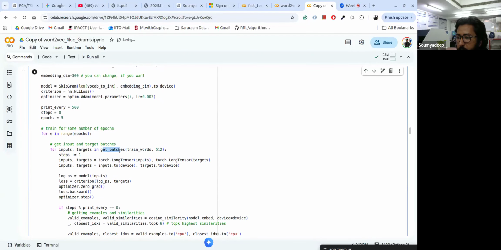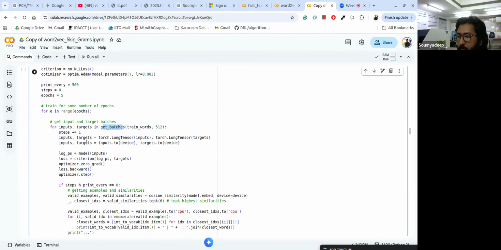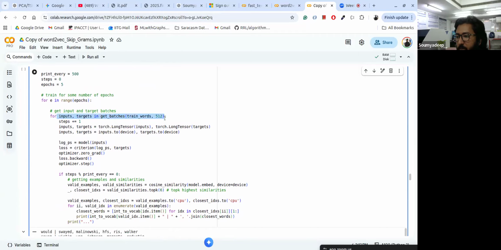In the get batches method, you remember we were creating those pairs, X and Y pairs, where X is the target word, Y is our context words, right? So that is basically what we're doing here. So we were iterating over those batches, and then this is just